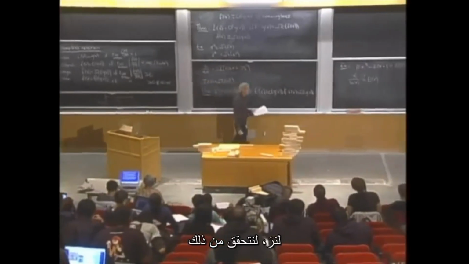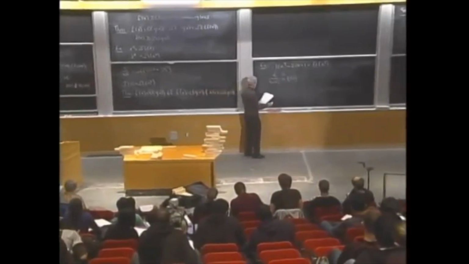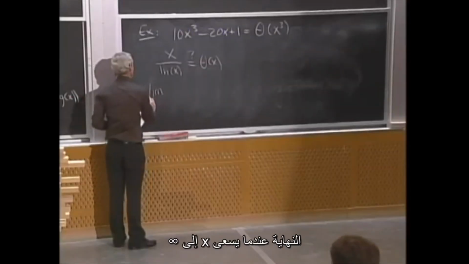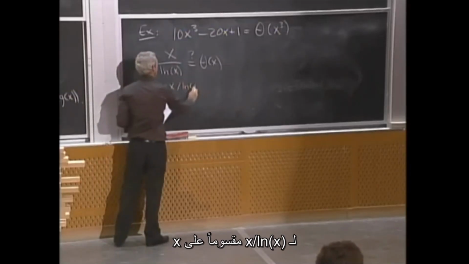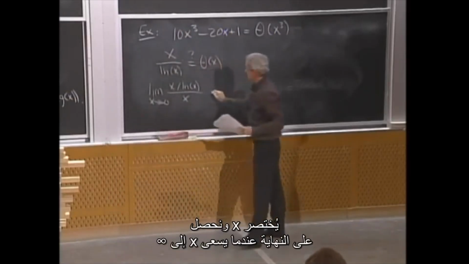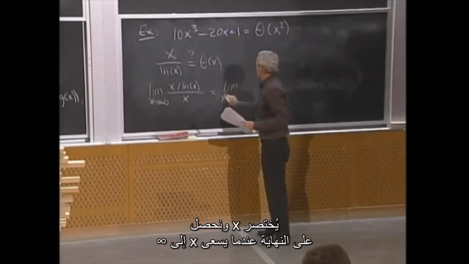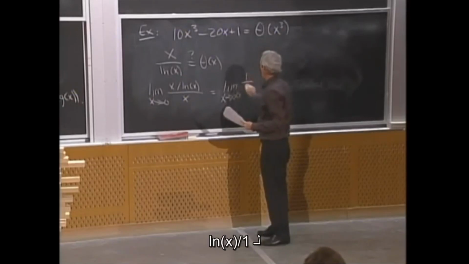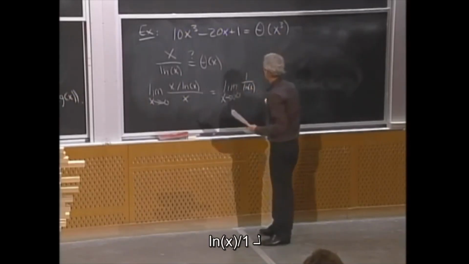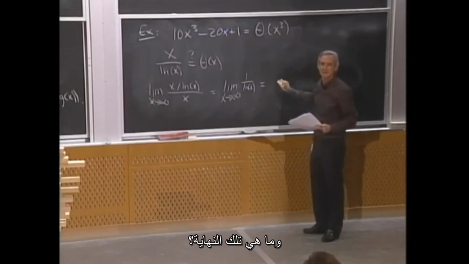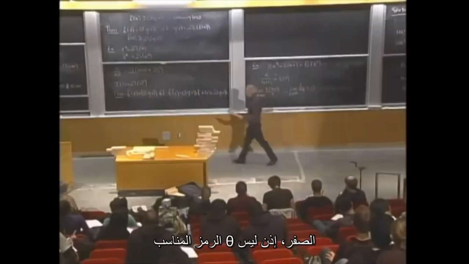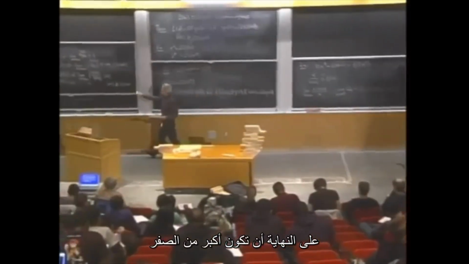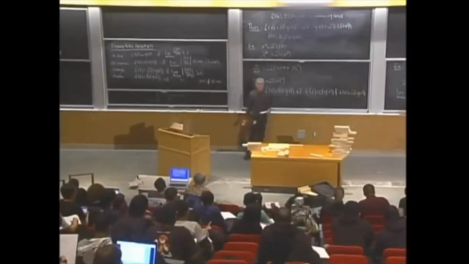Let's check. The limit as x goes to infinity of x over log of x, divided by x. Well, the x's cancel. That's the limit as x goes to infinity of 1 over log of x. What's that? 0. Uh-oh. It is not theta. I've got to be bigger than 0. In fact,